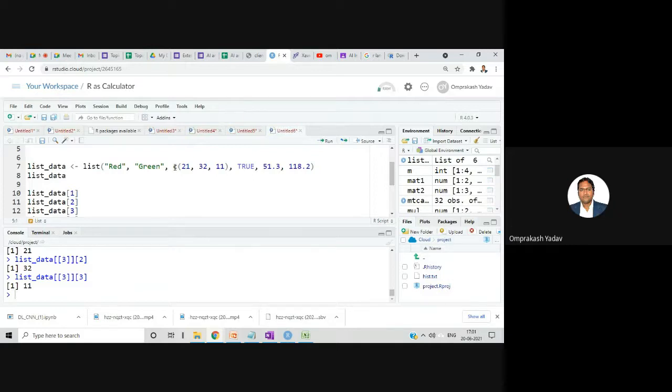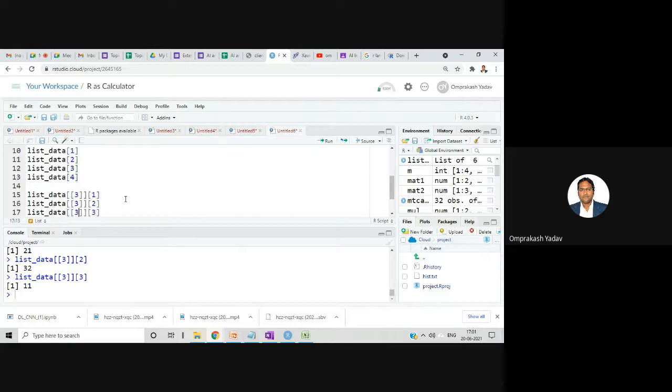This one, so red because it is 1, green is second, and 3 is C, 21, 32, 11. That is the third, right? Third's first, third's second, third's third, right? In this way. Okay. Yeah. So please remember this. In this way, we can access.